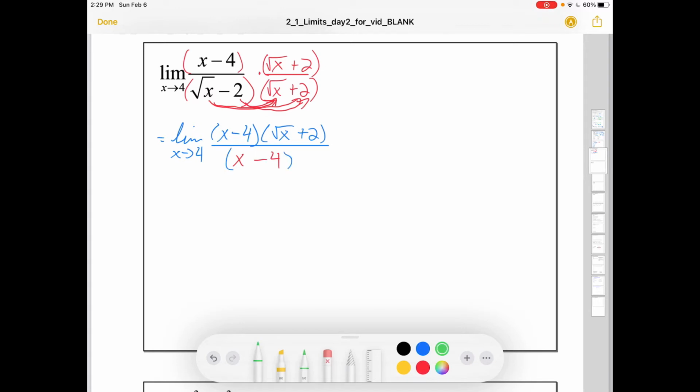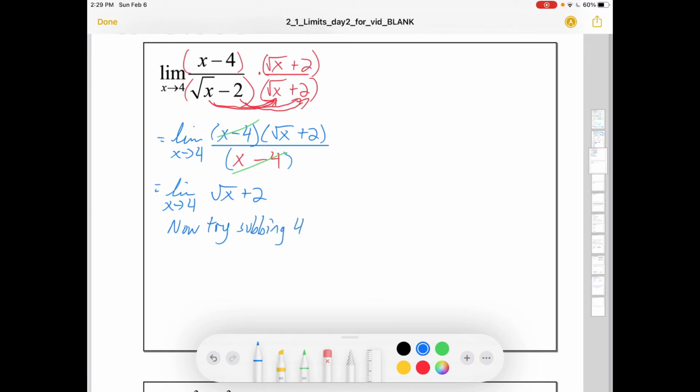We can divide some stuff out. X minus 4s can divide out. And hopefully that gets rid of our problem. And we've got it in this sort of simplified form where the problem's gone. Now let's try subbing again. Now try subbing